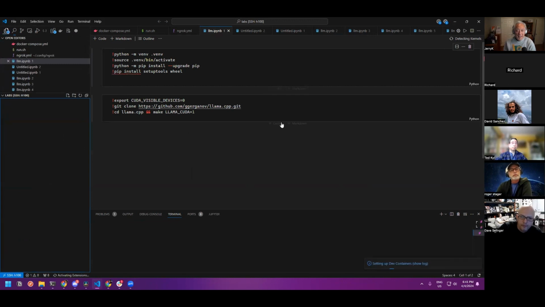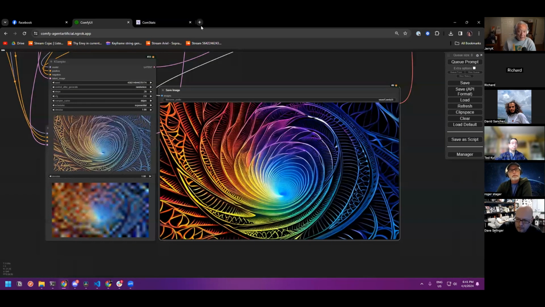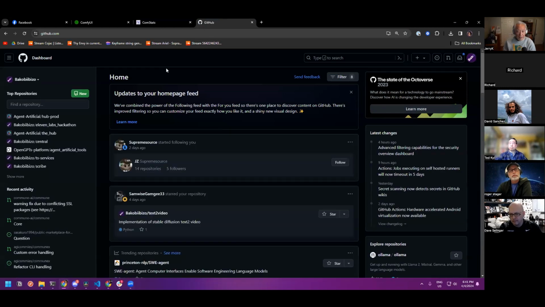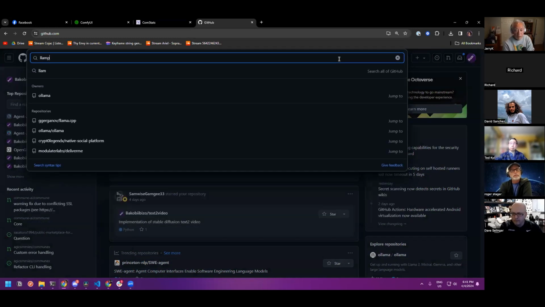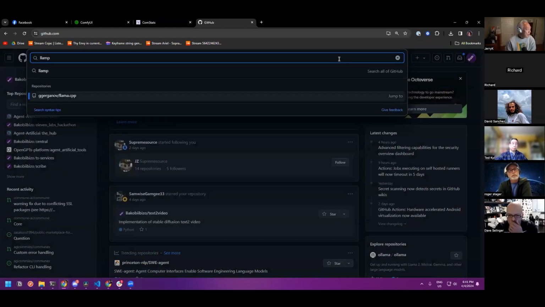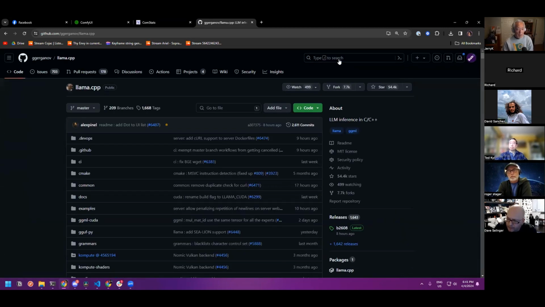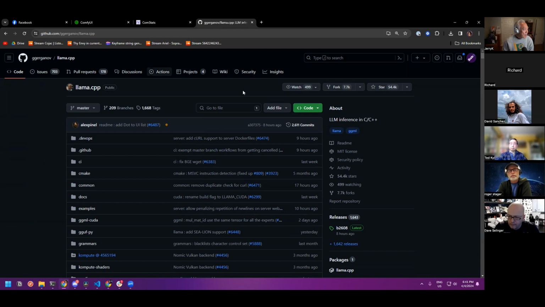Okay, so basically, let's take a look at the repo first. What I wanted to do today was to get a chatbot up and running for people. I think that's the first thing you should learn how to do if you're deciding to do machine learning and run models yourself, because the chatbot then unlocks the ability to ask it any questions that you might have,